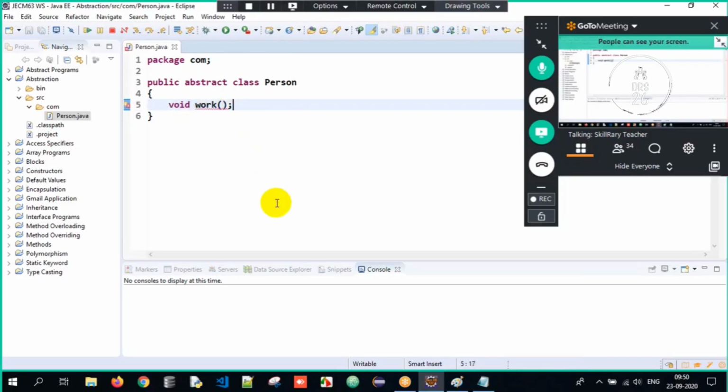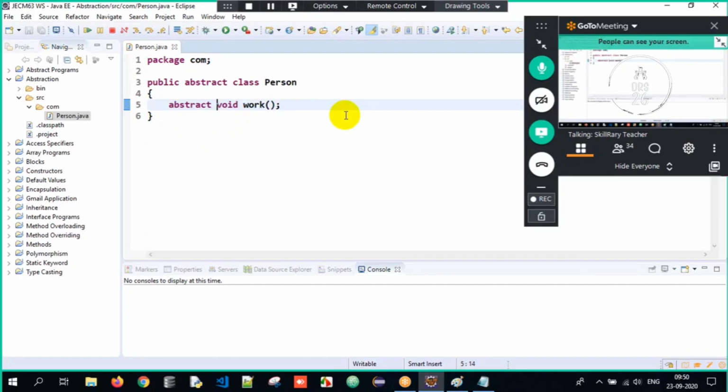But why is it giving an error? Hey, this is an abstract class. An abstract class can have abstract methods. But why is it giving an error? Sir, in an abstract class, if you want to create an abstract method which has only a declaration, you have to explicitly write the abstract keyword. If you don't write the abstract keyword here, it will give an error. Got the clarity? Understood? Perfect. So we have created an abstract class and an abstract method.